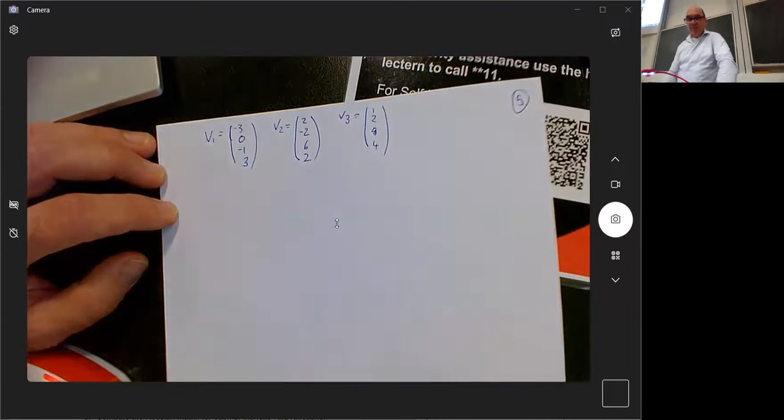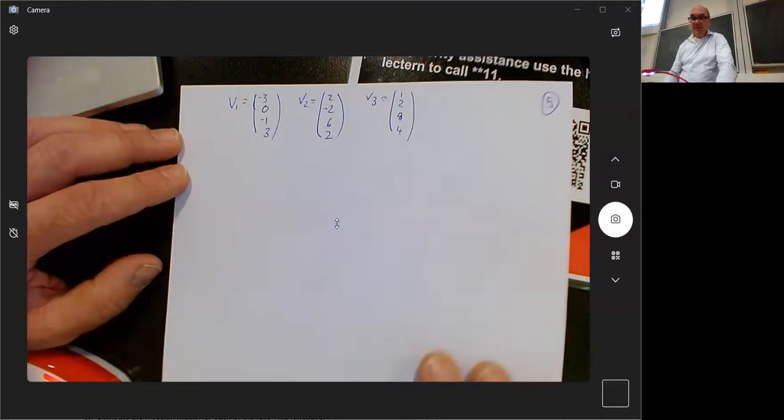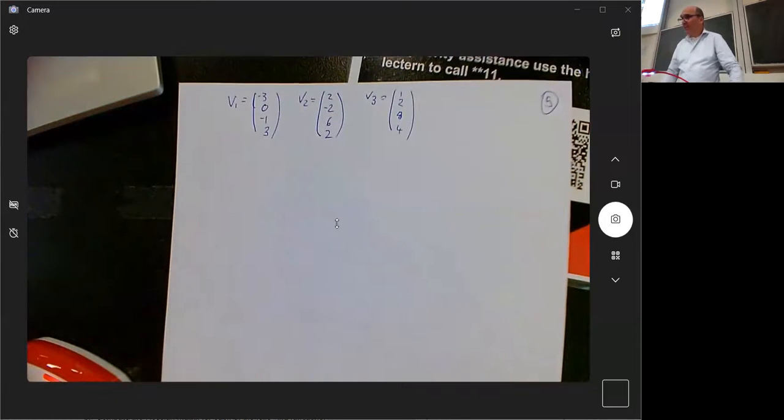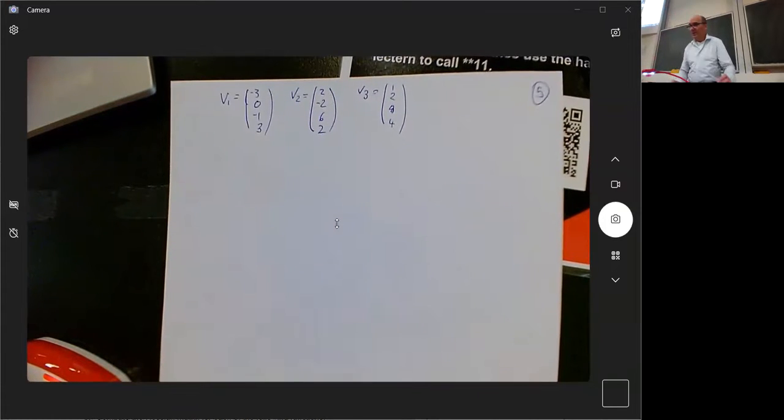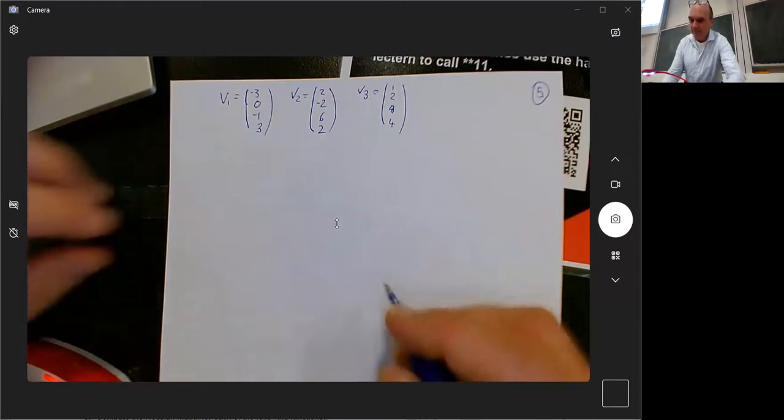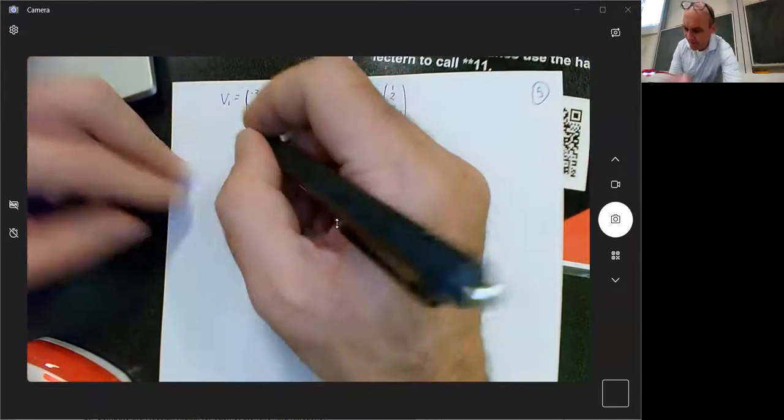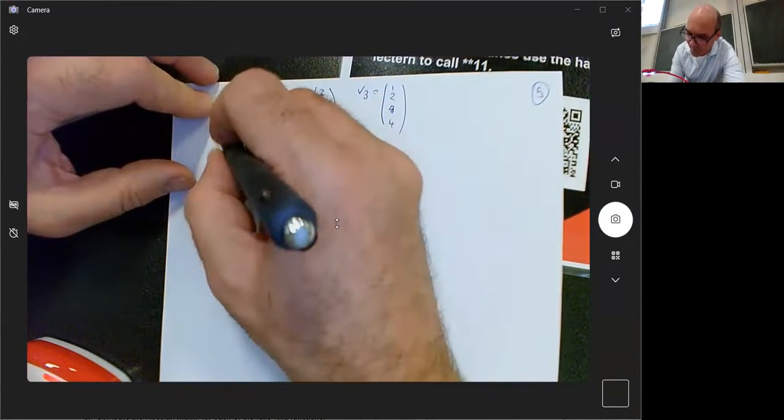Okay, so I'm going to start with my three vectors here. Notice I've got three vectors in R4. There is actually a thing that says the maximum number of vectors in R4 I can have that are linearly independent is 4. I've got less than that, so it's possible these ones are linearly independent, and fingers crossed they are. All right. Now, definition of linear independence says if